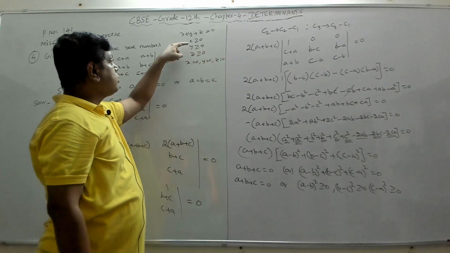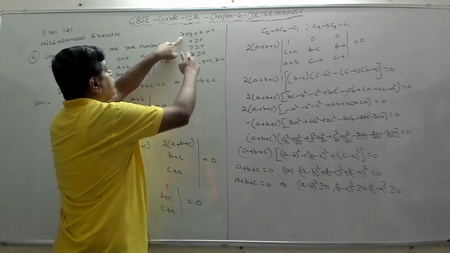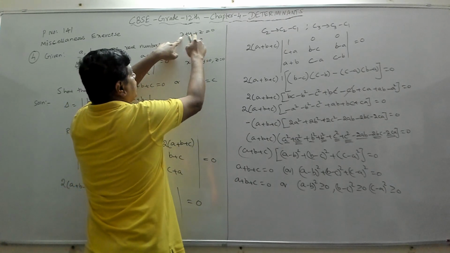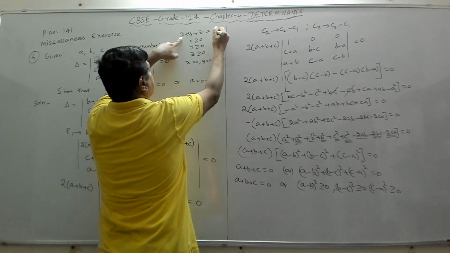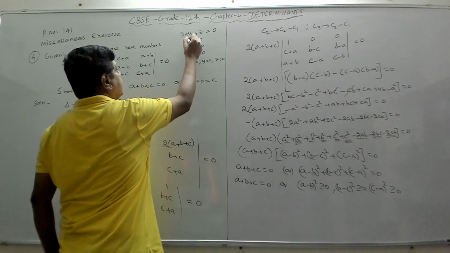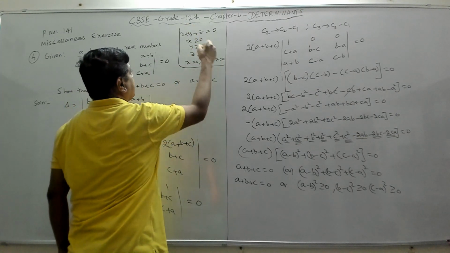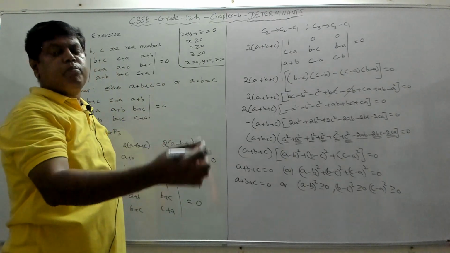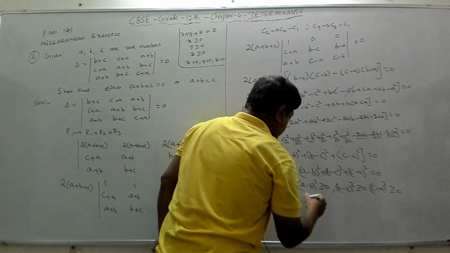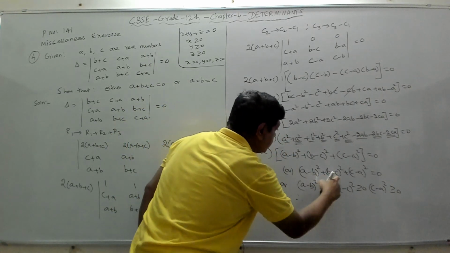Even if one of them is not equal to 0, which means it is positive, the other two will be either 0 or positive. So the sum will never become 0. You understand? Whenever the three numbers are non-negative, non-negative meaning greater than or equal to 0, and the sum of the three numbers is 0, then each number should be 0. Therefore each number should be equal to 0.